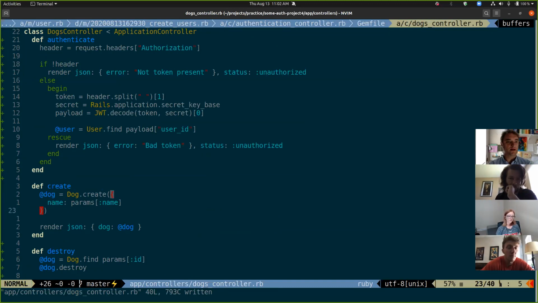But now the problem is, if I have a cats controller, if I have an owners controller, if I have all these things, now I need to copy and paste that authenticate method all over the place. And as a setup